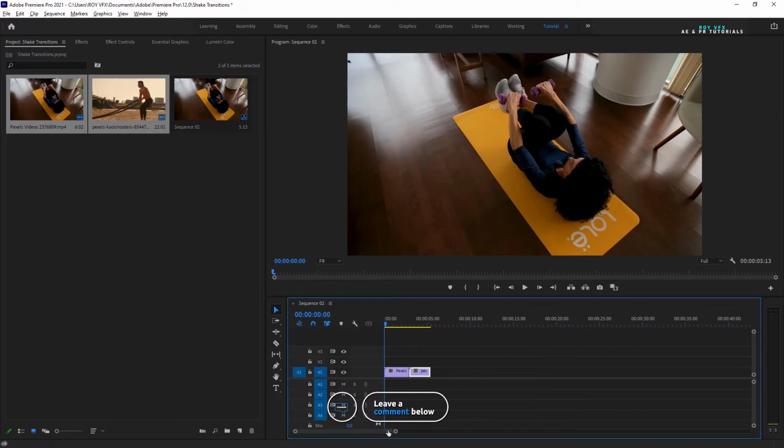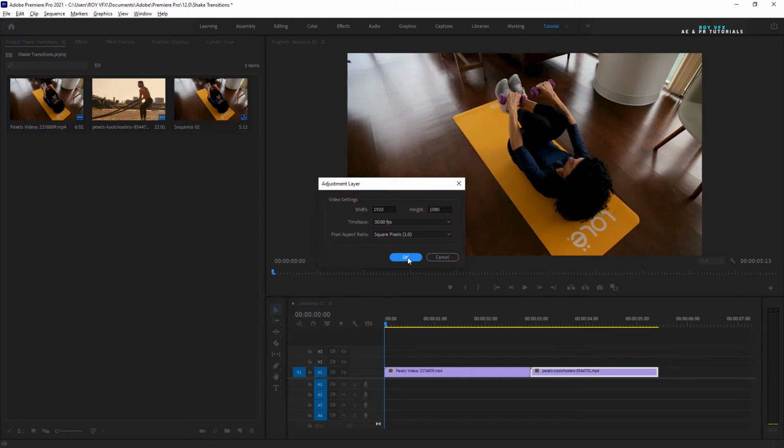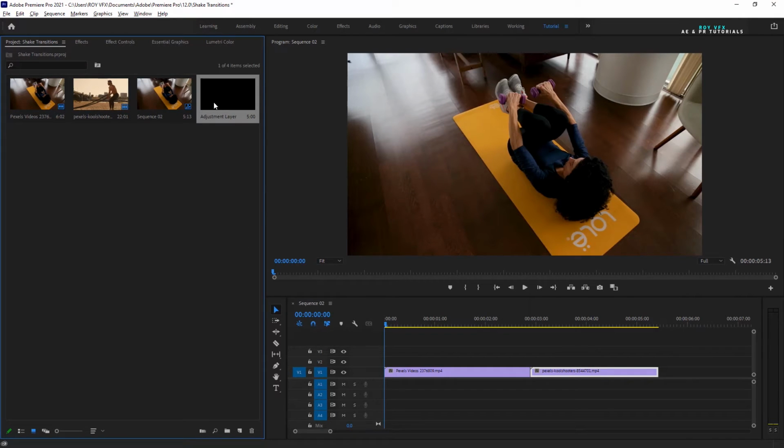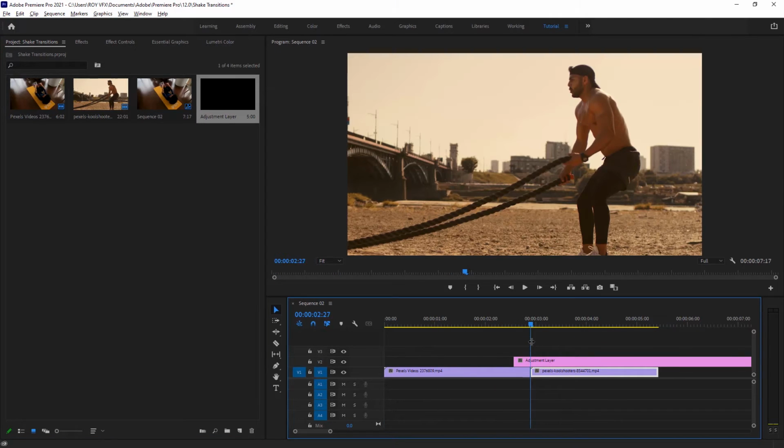To apply preset, we will have to take an adjustment layer, place adjustment layer like that. You can take transition duration according to your need. If you want a fast transition, then keep 10 frames long, otherwise you can take 15 or 20 frames long